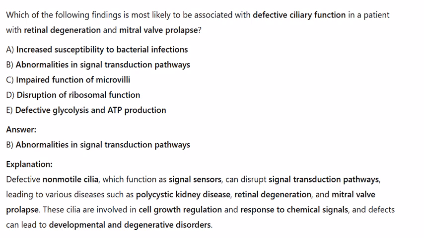Defective non-motile cilia, which function as signal sensors, can disrupt signal transduction pathways, leading to various diseases such as polycystic kidney disease, retinal degeneration, and mitral valve prolapse. These cilia are involved in cell growth regulation and response to chemical signals, and defects can lead to developmental and degenerative disorders. These questions cover